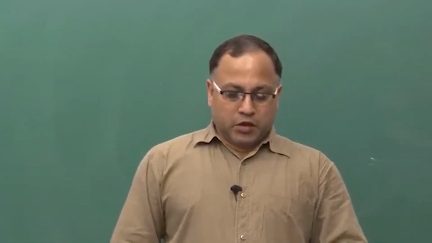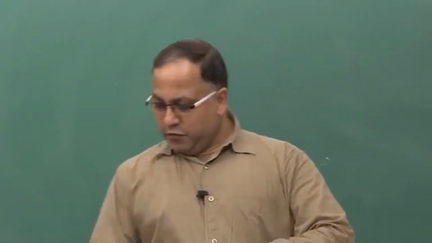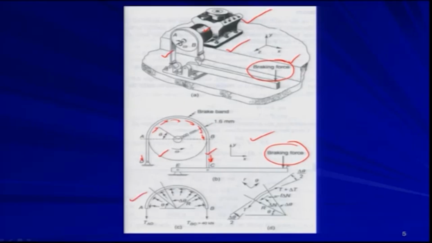Now, if you look at this figure, as I told you, there will be a tensile force acting here, and a tensile force acting here. So, if we assume the half circle, that means from A to B, that is half of the wheel,